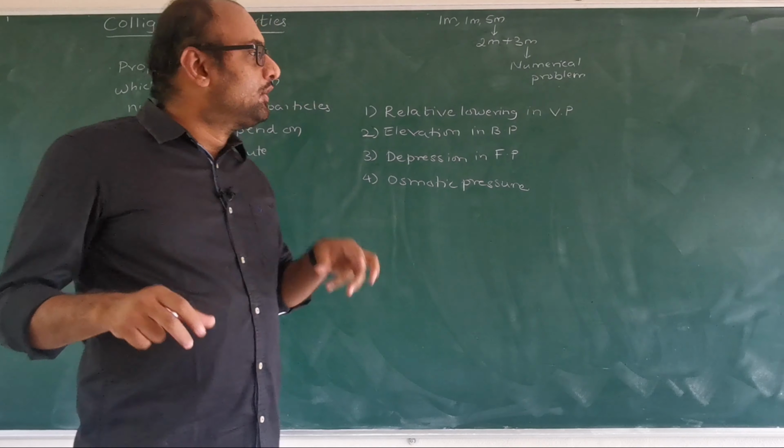The vapor pressure of this solution is lowered. Why is it lowered? Because Pb is not considered here. Pb is non-existent. The vapor pressure of the solute, which is non-volatile, is non-existent, it is very negligible. Hence, the vapor pressure will be lowered for this solution. Hence, we call it relative lowering in vapor pressure for solid liquid solutions in which the solute is a solid, a non-volatile component.